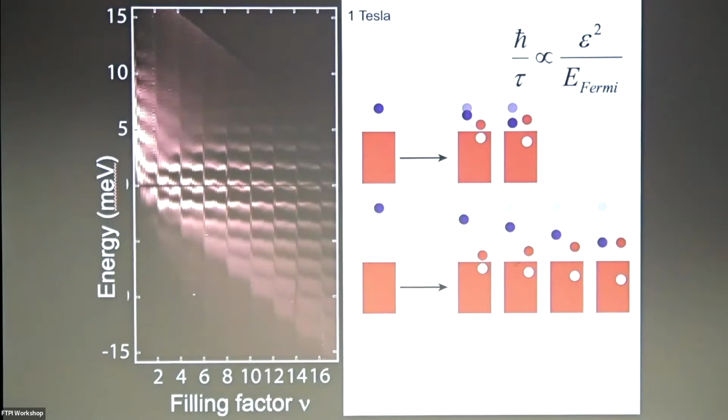I don't have a lot of time to talk about this older work, but I'll just point out one thing: if this is at 1 Tesla, and you look down at very low densities, you see very many Landau levels. As you turn up the electron density, these things sort of disappear, they broaden. The reason they broaden is because as you turn up the density, you have a Fermi sea, and electrons can lose their energy to the Fermi sea by creating particle-hole excitations out of it. So the lifetime drops.